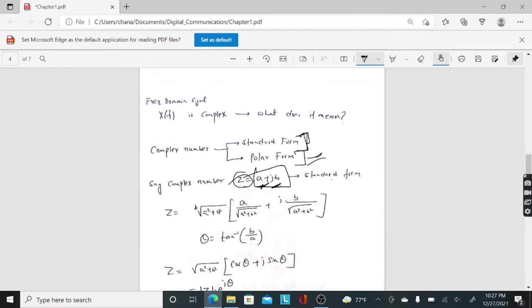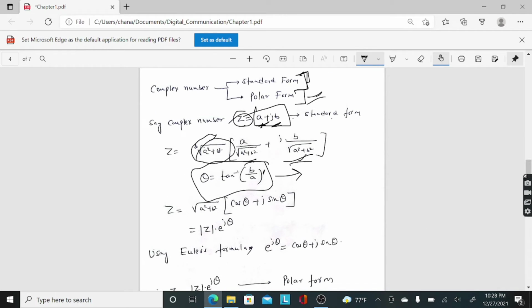So if z is equal to a plus jb, and I multiply it by root of a square plus b square, which is the magnitude of the complex number, I can write it as root of a square plus b square into a by root a square plus b square plus j into b by root a square plus b square. And if I take theta as tan inverse b by a, which is nothing but the argument of the complex number, tan inverse of imaginary part by real part, then I can represent this z as root a square plus b square into cos theta. So a by root a square plus b square is cos theta, and b by root a square plus b square will become sin theta. So I can represent it as